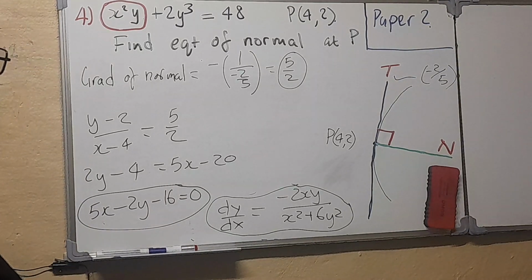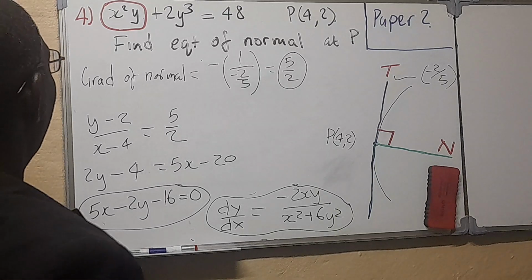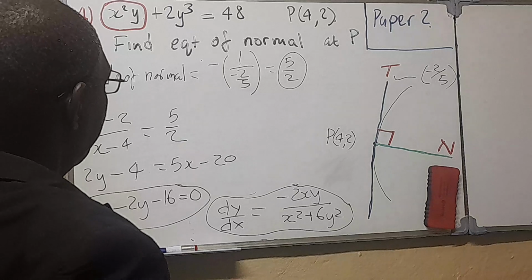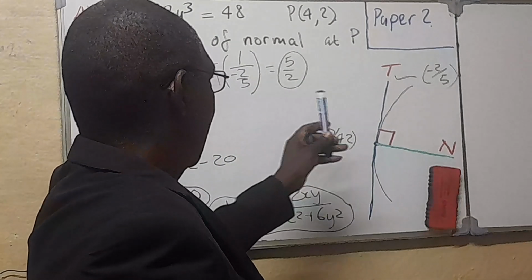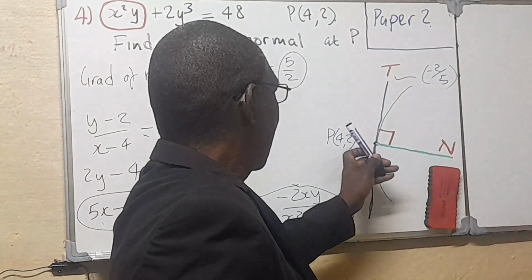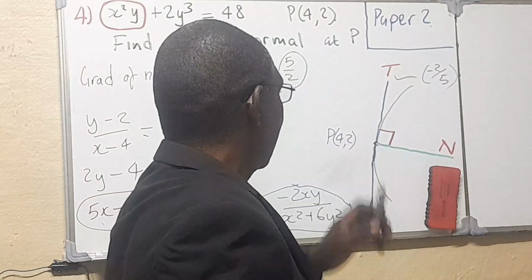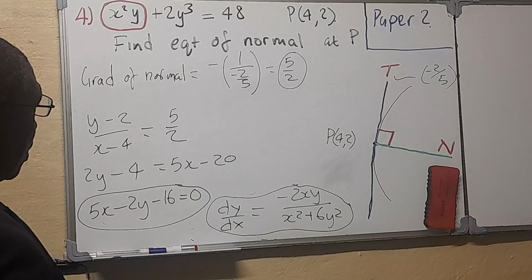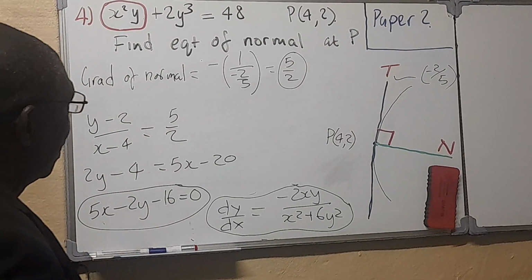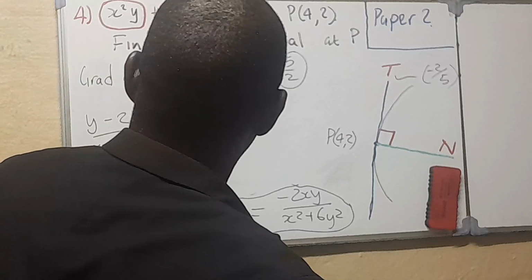Imagine that the question was 7 marks. I truly believe the examiner was in an extremely good mood. But that's the question there. It involved quite a number of things. Implicit differentiation. It involved the idea of the equation of a normal, the relationship between two lines perpendicular to each other in terms of their gradient, etc. Quite a bunch of concepts there. But that's how examinations are always like. They test you on a lot of things